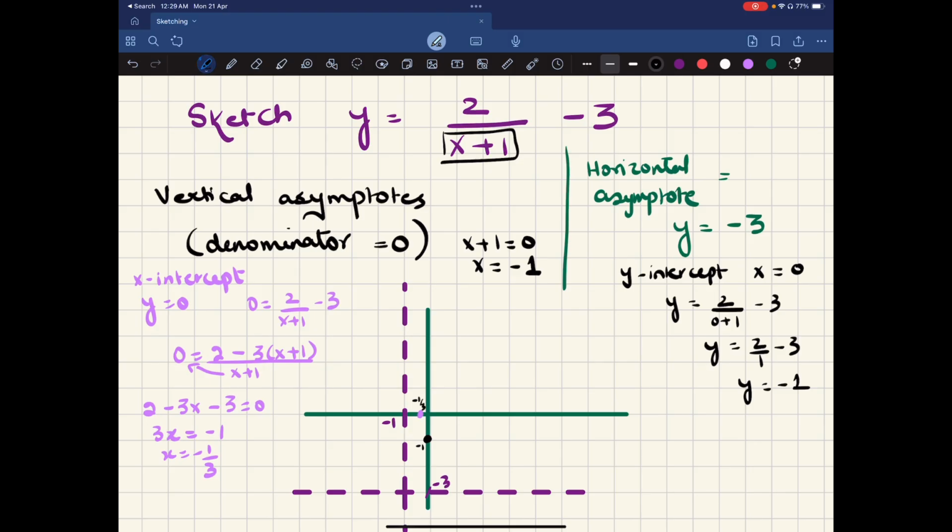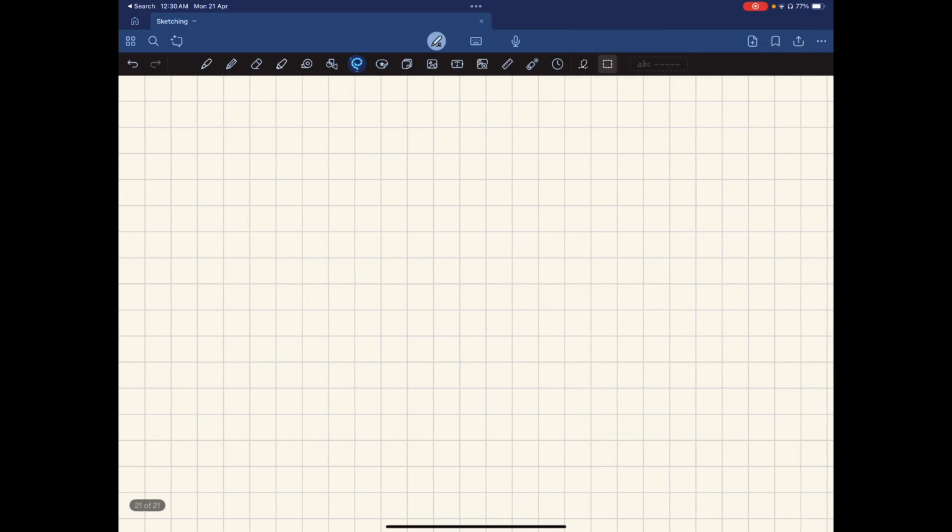Okay, so what have we done? First, we evaluated the vertical asymptote, then we found the horizontal asymptotes, followed by the x-intercept and the y-intercept. Okay, so because it is a reciprocal function, we know that it's going to be like this, right? Okay, I'm going to take this on the next page so that we can draw everything clearly. So we have a vertical asymptote at x equals negative 1,